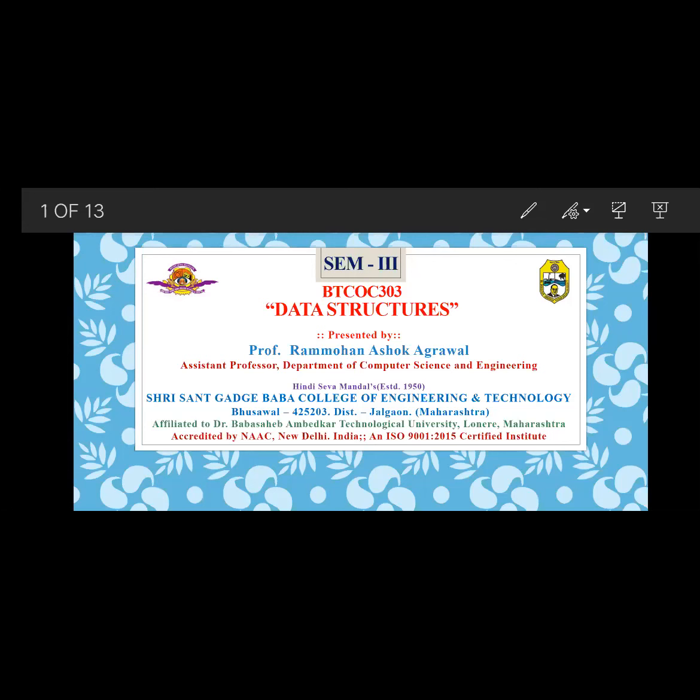So first we will understand all the theoretical concepts of data structure, as well as by understanding that we have to implement all those concepts practically also. So this subject is one of the core engineering subjects, and it will be useful for you every time whenever you start programming, or whenever you design, or whenever you think about programming.